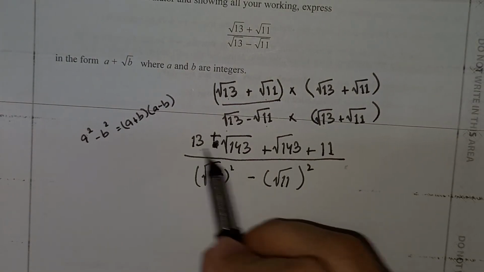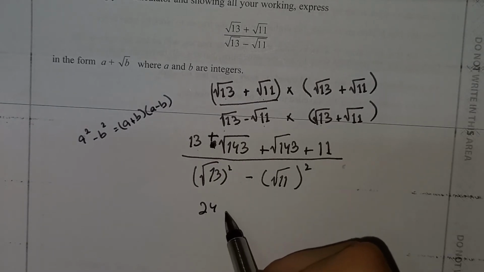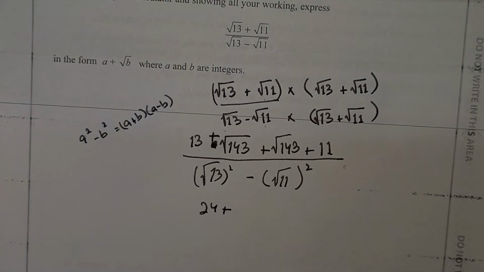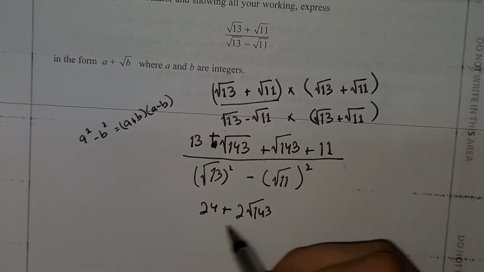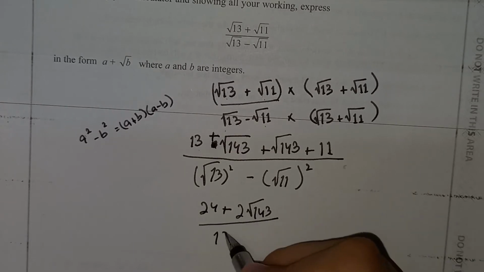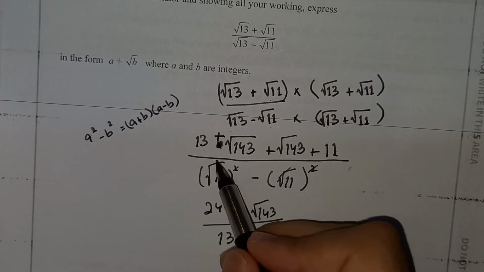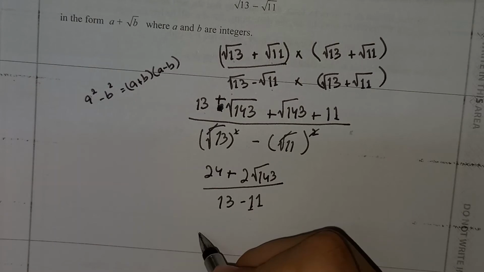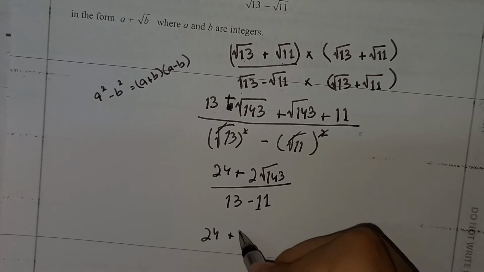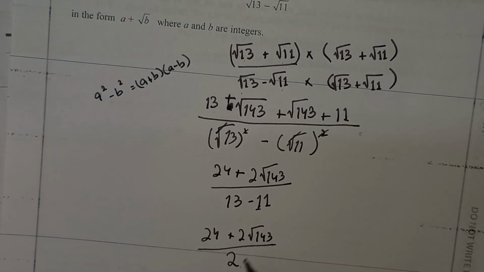Now we will just simplify this top as well, which gives us 24 plus 2 times under root 143 over 13 minus 11, because squaring this cancels the roots. We have 24 plus 2 under root 143 divided by 2, and now you can simply